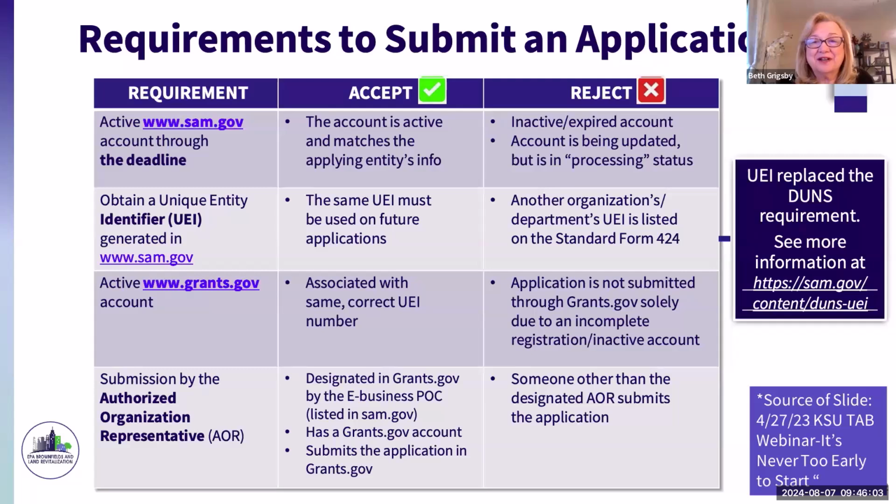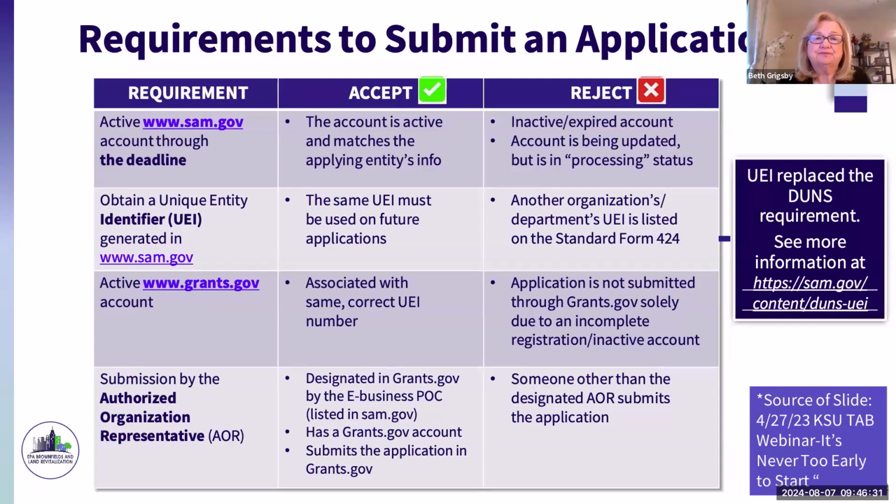Don't forget grants.gov. That's the only way you really can submit your grant. I'm sure there might be some ways around that, but I think most of the time grants.gov is the way that you submit your grant to the EPA. We do have Brownfields grants.gov tips as a resource. Take a look. It's very helpful and user-friendly.